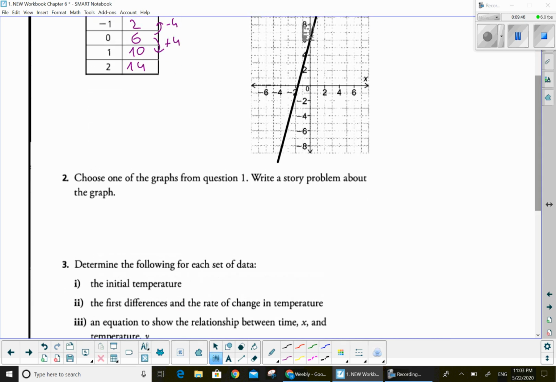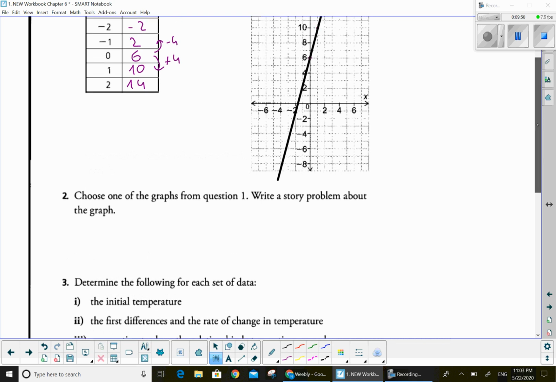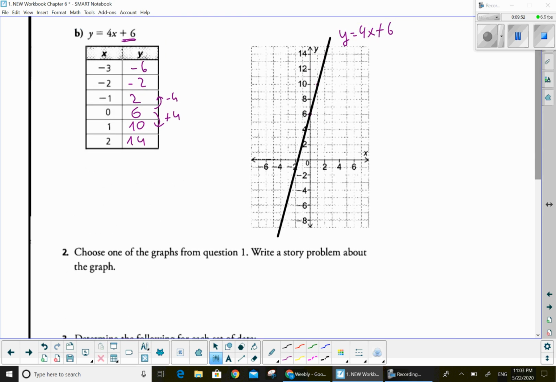Choose one of the graphs from question 1. Write a story problem for the graph. Okay, so it doesn't matter which one we want. So here's a story problem. I'm going to choose this one because it's right on the page, and I'm going to use a similar example that they use, and I'm going to say